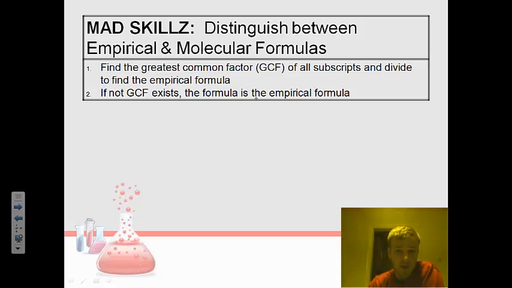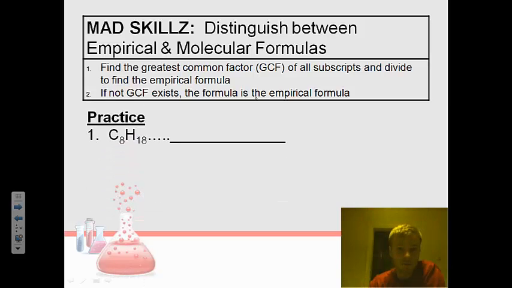First of all, these little subscripts, these numbers that appear at the bottom of a written equation, you need to find the greatest common factor. So I'm going to call upon your math skills to be able to do that. If no greatest common factor exists, that means it's already reduced. So the formula is the empirical formula. So for our first example,